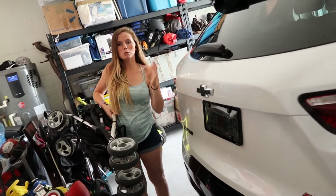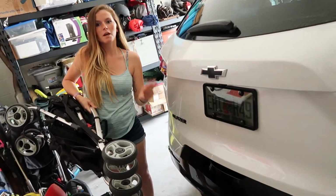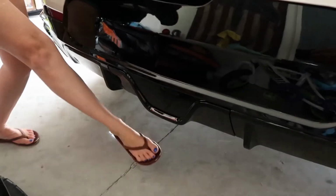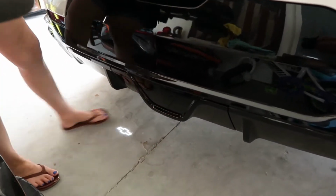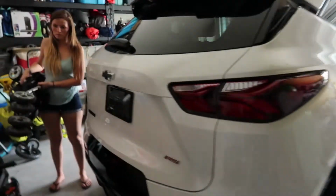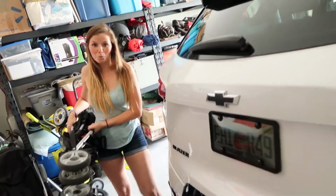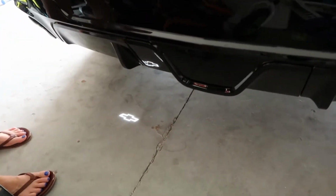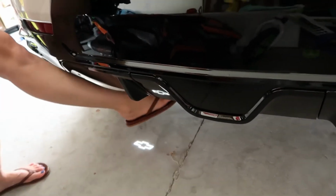So there are multiple ways to open up this liftgate. This part is my favorite though. Alright, for you mothers out there, there are multiple ways to open up this liftgate, which I absolutely love. One of which is my favorite,